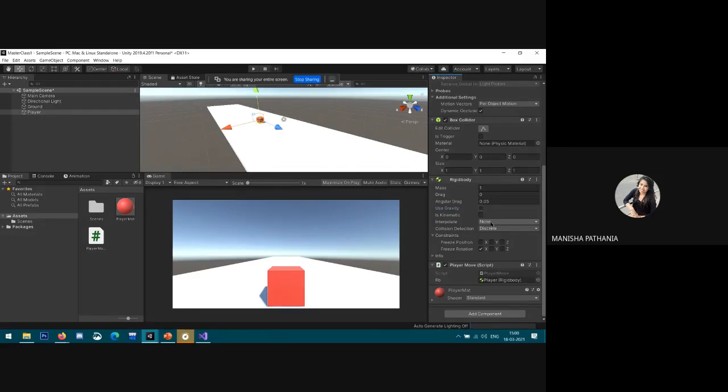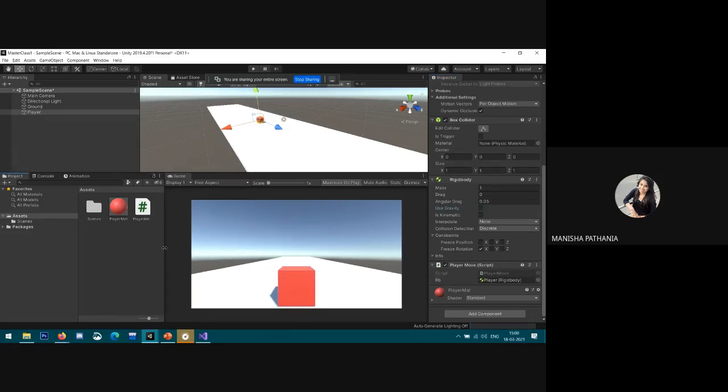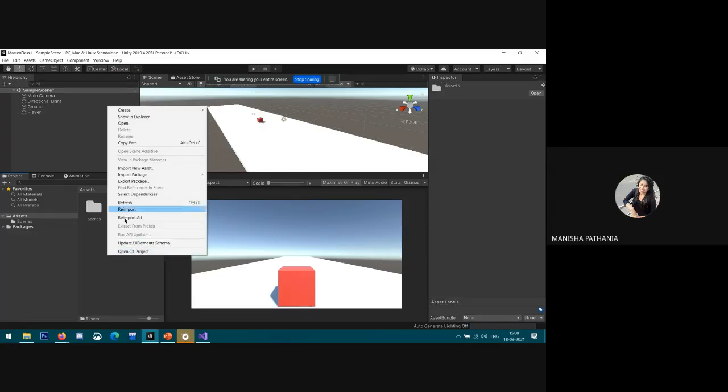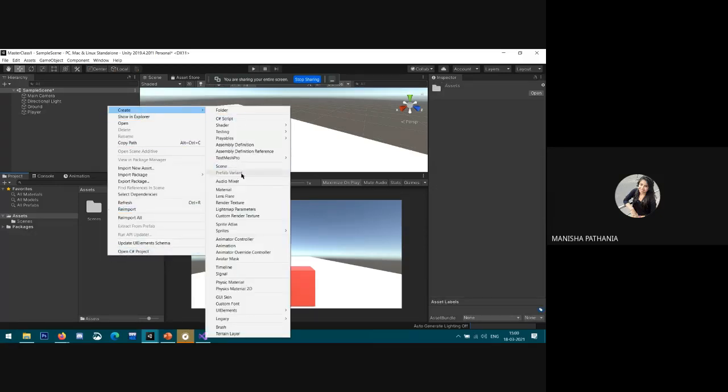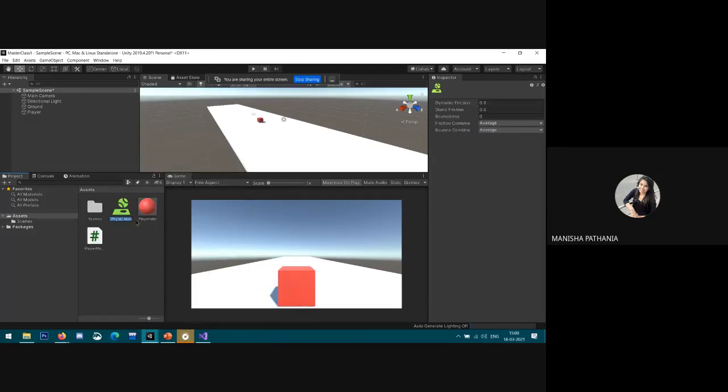So for that purpose, go to the project panel, right click, create Physics Material, and name it something like slippery.